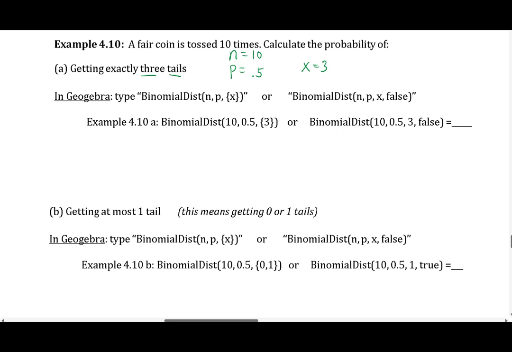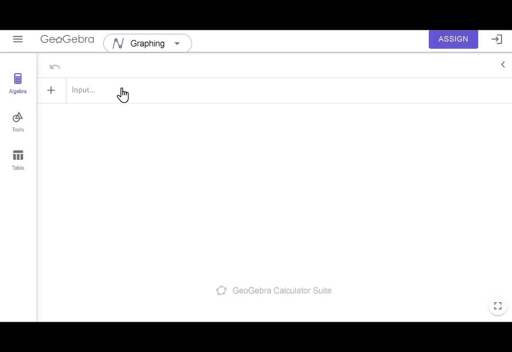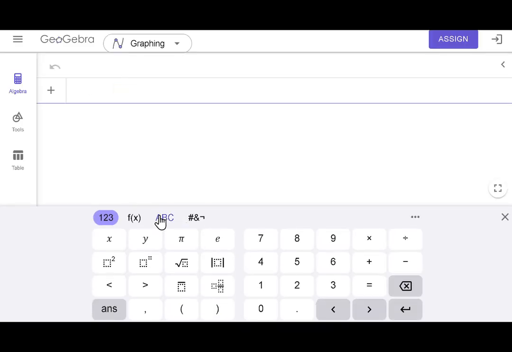So there are 2 different ways of doing this in GeoGebra. The first way is to use the binomial distribution for exact calculations with the curly brackets. And the second way is to use the cumulative distribution by entering either true or false after our entries. I'll show both of them. So first thing we're going to do is start typing